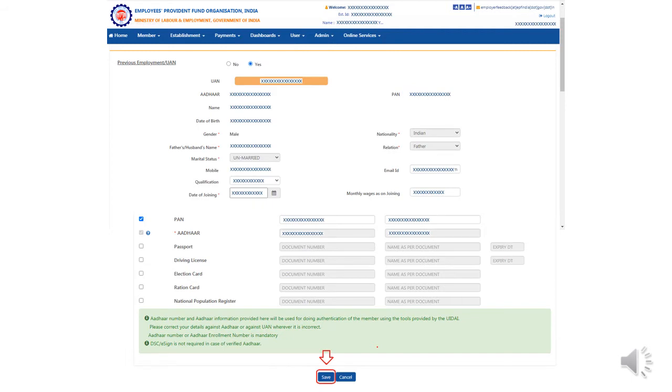You can make changes to it, like you can make changes to the PAN, passport, driving license, election card, ration card, bank account, other than the Aadhaar card. Other than Aadhaar number and Aadhaar card details, you can rectify any other details against that employee. After inserting the details or making the rectifications as per requirement, you have to insert the date of joining of that employee. Once you did that, you have to click on save just at the bottom of the screen.